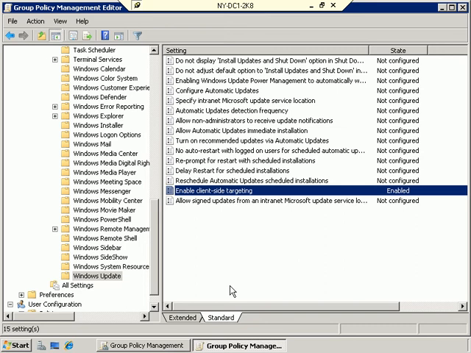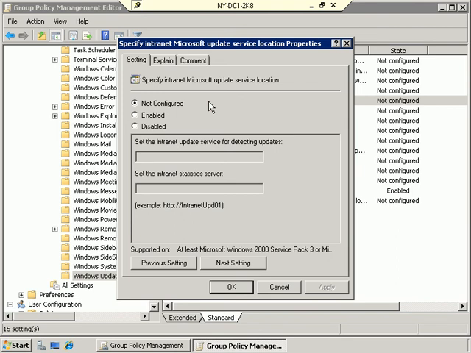Now, the other thing I want to show you here is how to have our clients use the WSUS server for their updates. And that's this setting right here that says Specify Intranet Microsoft Update Service Location. So let's double click on that one. And you'll see here what we want to do is enable it. And then after you enable it, you have to actually set what update service and statistics server we want to use. And it'll always be the same one. And the way you put it in is